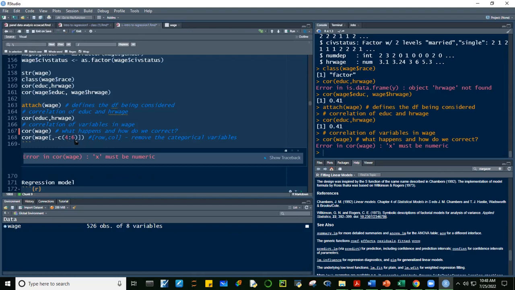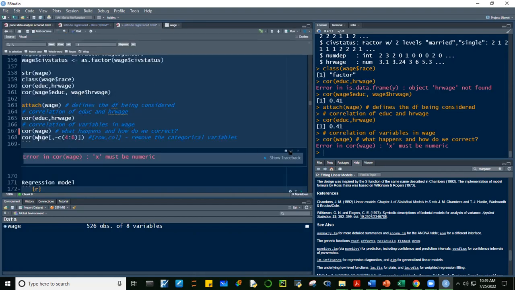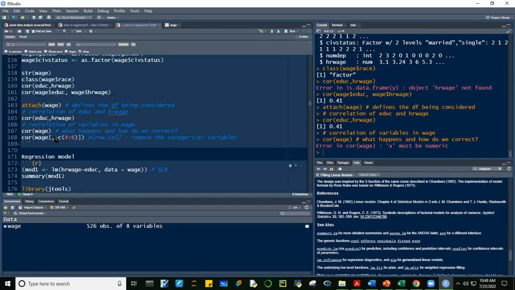I-combine si columns 4 to 6, pero negative siya. Ibig sabihin, tanggalin, no? Negative siya eh. Tatanggalin natin si columns 4 to 6, which is this one. Tanggalin si column 4, 5, and 6. Okay? So what we're saying is that hanapin niya yung correlation dun sa wage ng lahat. Okay? Pero tatanggalin niya si columns 4 to 6. Okay, so if we run this,